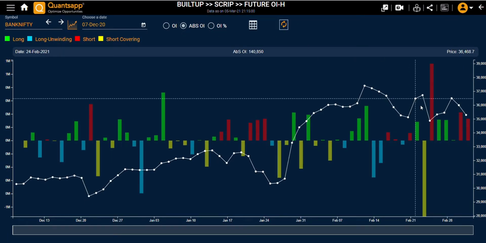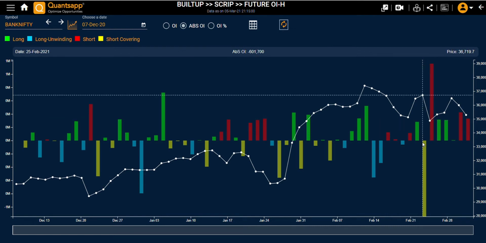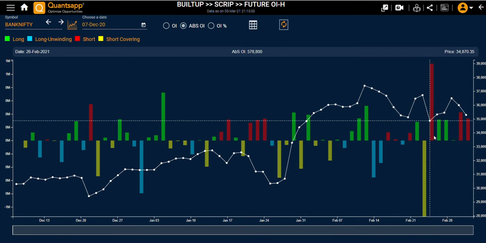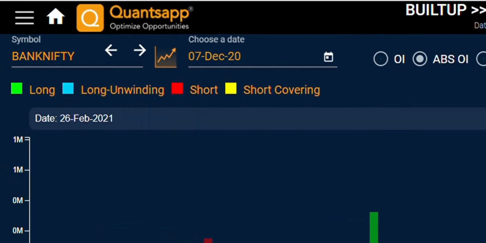So it will show me how much the open interest changed in absolute quantum in futures contract of Bank Nifty, wherein if I am seeing on 25th of Feb the absolute OI in futures contract, it actually reduced by 6,01,700, whereas then a short built up move came in wherein futures open interest increased by 5,78,800 on 26th of Feb and Bank Nifty's future price was